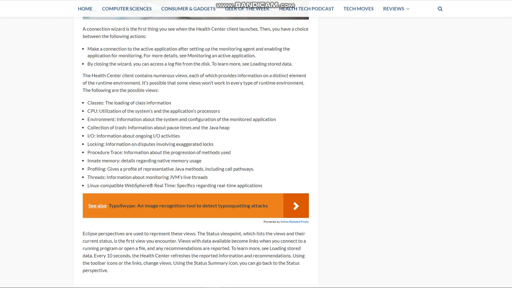The Health Center client contains numerous views, each of which provides information on a distinct element of the runtime environment. It's possible that some views won't work in every type of runtime environment. The following are the possible views. Classes: the loading of class information. CPU: utilization of the systems and the application's processor environment. Environment: information about the system and configuration of the monitored application. Garbage collection: information about pause times in the Java heap. I/O: information about ongoing I/O activities. Locking: information on disputes involving